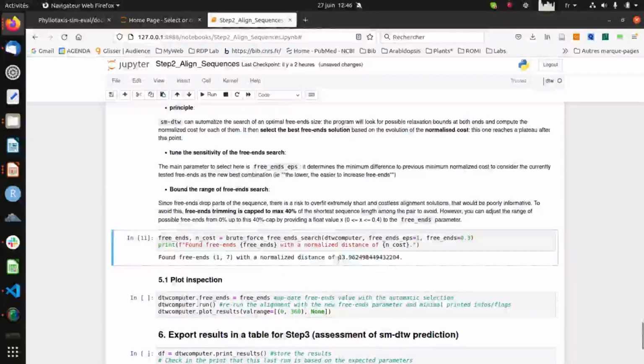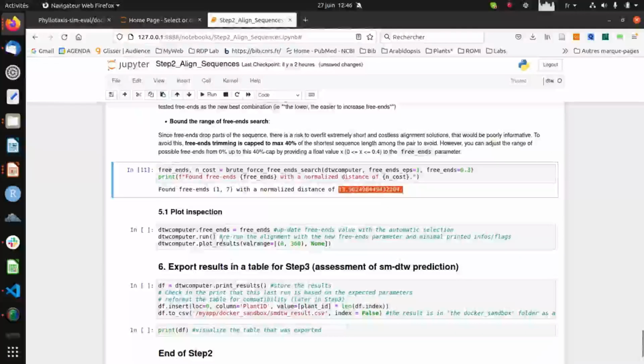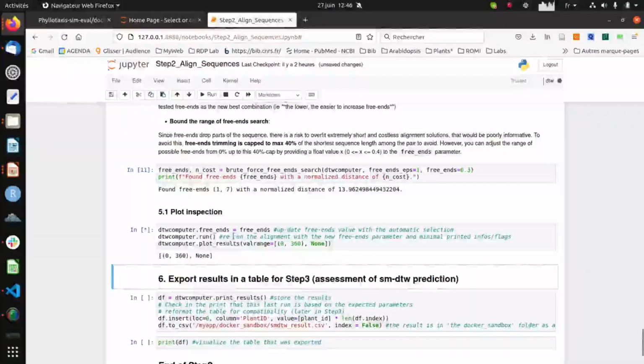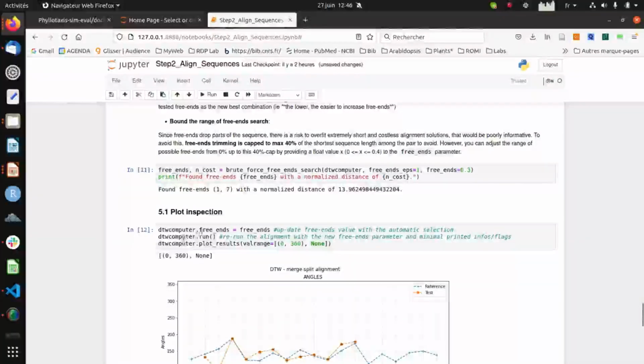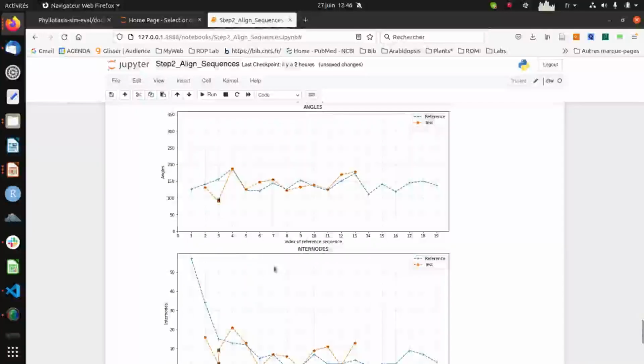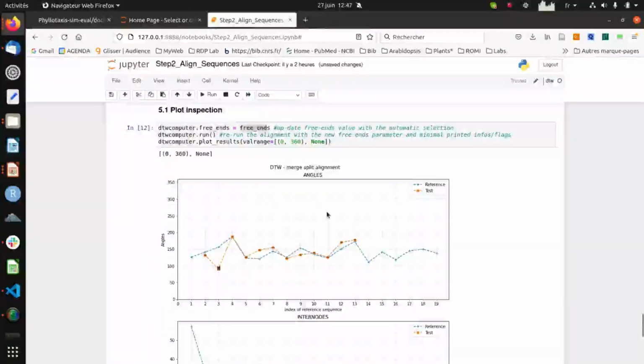Okay, with this normalized cost. You can then rerun DTW with this freehands combination. So the 1,7 here has been stored here, and now that's the new plot that you observe. So the best combination is to have a bit of freehand at the beginning and also at the end. Okay,